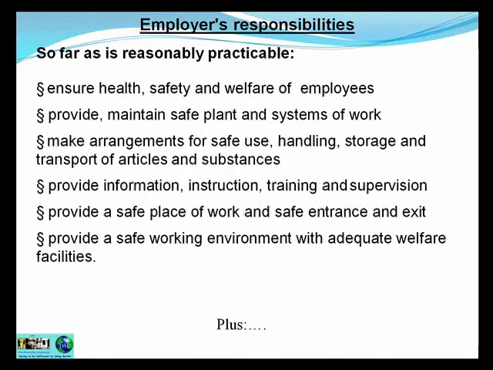Now, let's have a look at the responsibilities under health and safety law. The employer's responsibilities are as follows. So far as is reasonably practicable, ensure the health, safety and welfare of employees. Provide and maintain safe plant and systems of work. Make arrangements for the safe use, handling, storage and transport of articles and substances. Provide information, instruction, training and supervision. Provide a safe place of work and safe entrance and exit. And provide a safe working environment with adequate welfare facilities, which we'll look at in a few minutes. Plus,